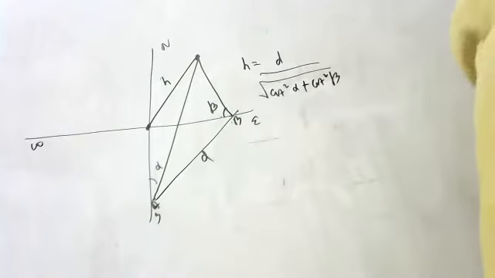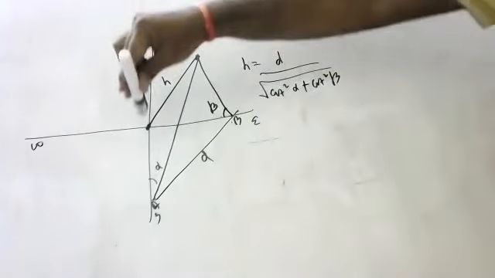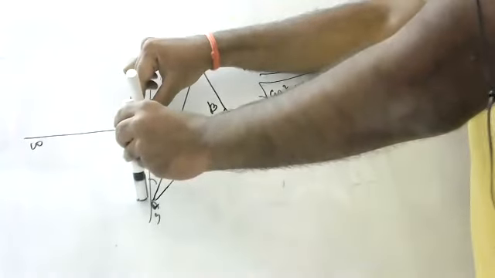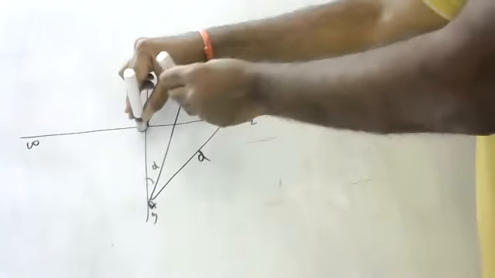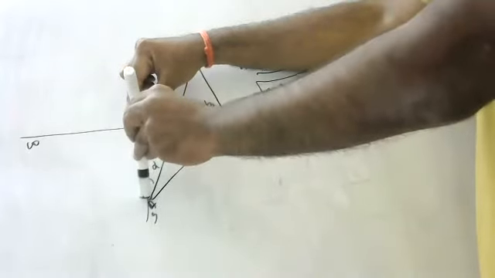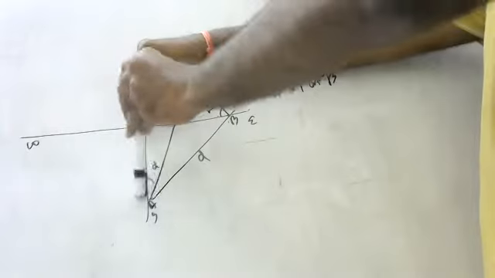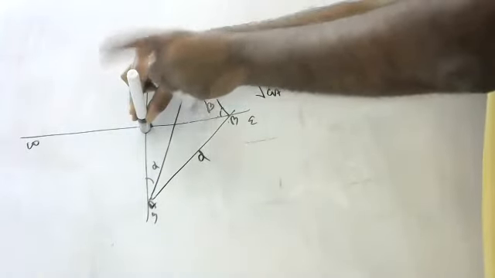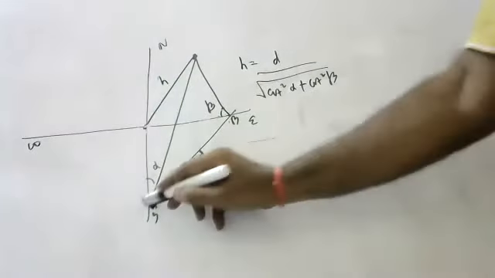Last question, children. Please try to cooperate with each other, all of you. See, children, this is like this. Those who did not understand, see here. This tower is like this. One fellow is seen from this point, it is at alpha. One fellow is seen from this point, it is at beta. One fellow is seen from this side, it is at beta. This angle is beta. Children, the distance between this is D.